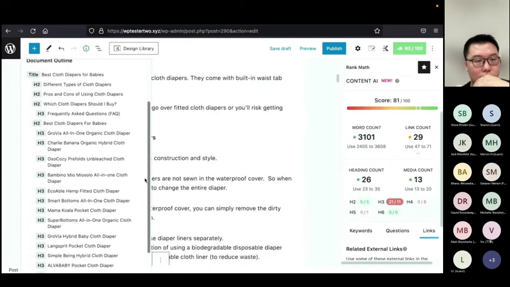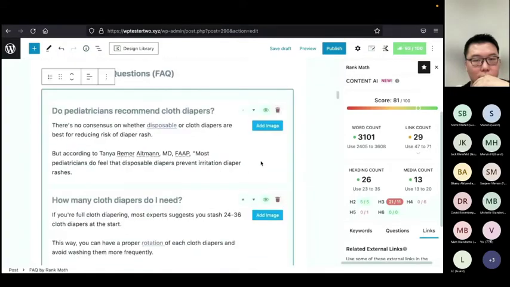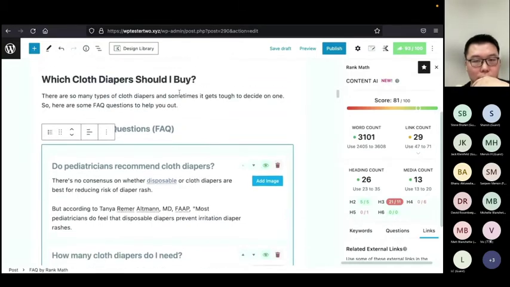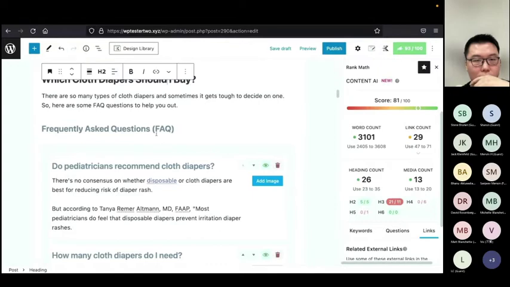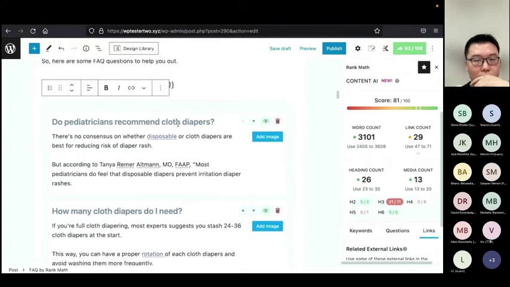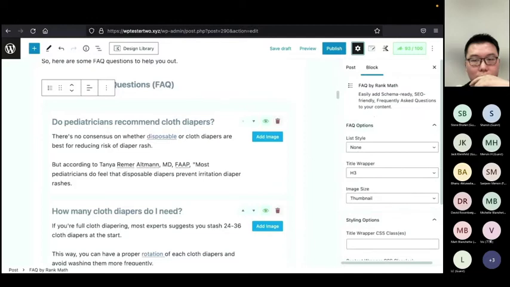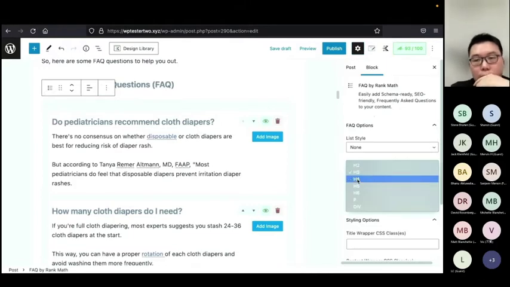All these do make sense, but I think I know where the problem is. For this FAQ block, by default, the questions are embedded with an H3 tag. We can change it to an H4 tag because check out the content hierarchy. This is H2, the FAQ heading is H3. So naturally, all these question titles should be H4 headings. So if you click on this FAQ block and you click on the gear icon, these are all the settings for the FAQ block. And over here under title wrapper, as you can see, currently it is H3. We can turn that into H4.